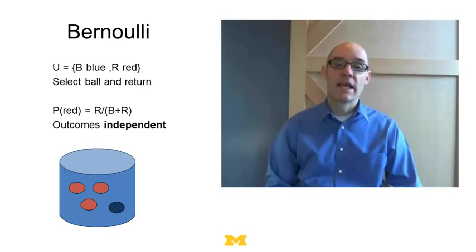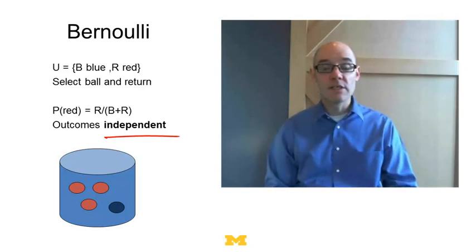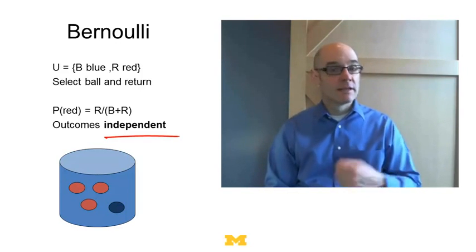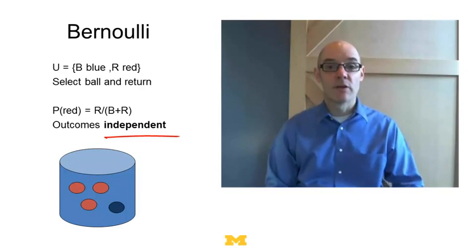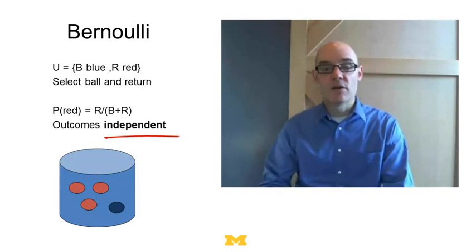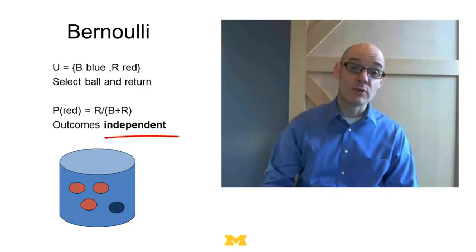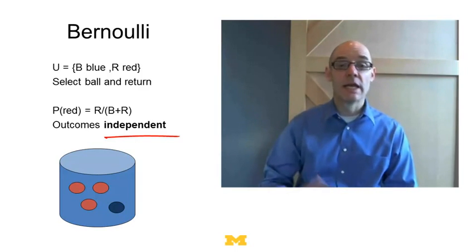Probabilities stay fixed, and the probability in each draw in a Bernoulli model is independent. So if I get a red ball this time, put that ball back in the urn, that doesn't have any effect on the probability of getting a red ball in the next period. So when you say something's independent, it means what happens now doesn't depend in any way on what happened in the past. What we want to do is take this simple idea of an urn model and use it to